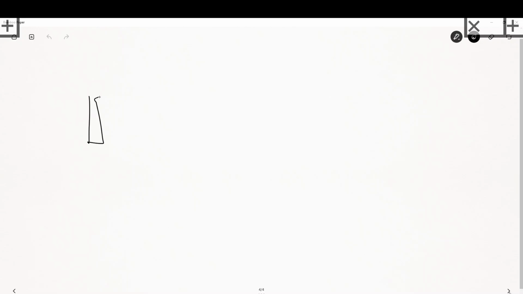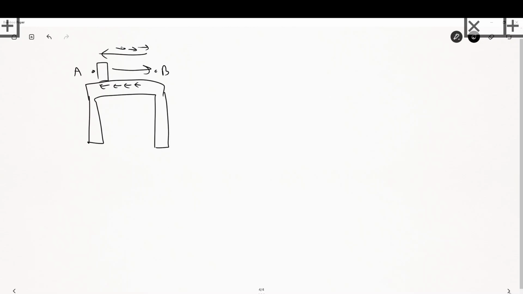So if you imagine, there's a table with two positions A and B, and it's a rough table, so we have some object with a coefficient of friction. The object can go from A to B, and then it can go back, but as it's going to the right, the frictional force is going to point to the left. And as it's going back to the left, the frictional force is going to point to the right. And so in this case, no matter which direction you move this block across the surface, the work done will always be negative. So friction